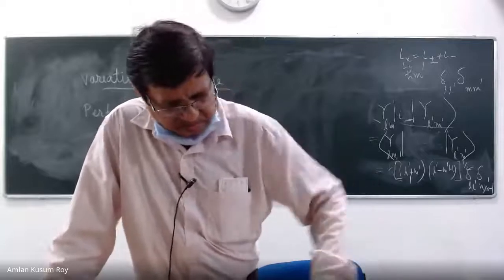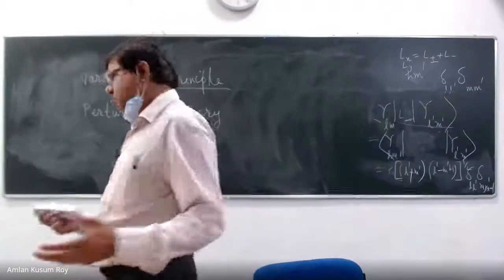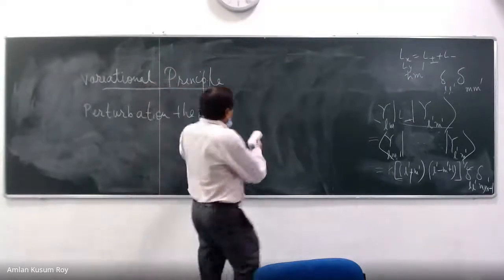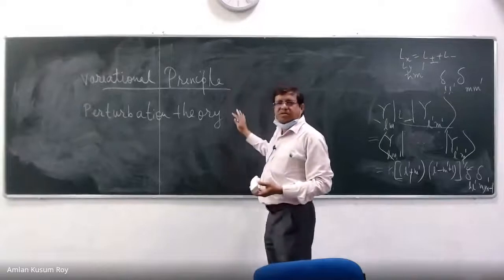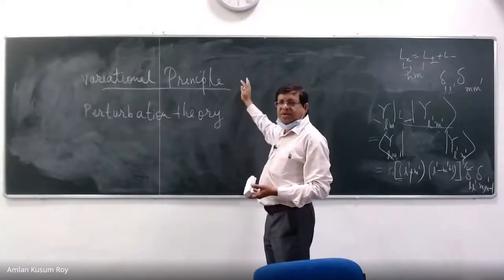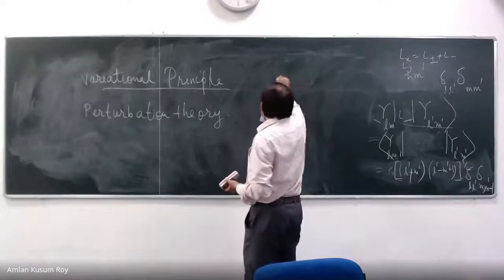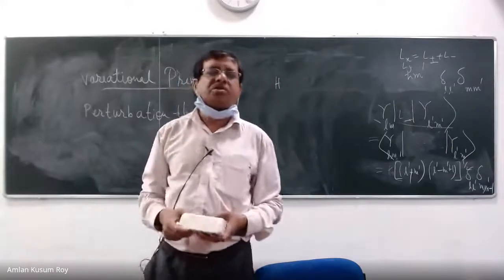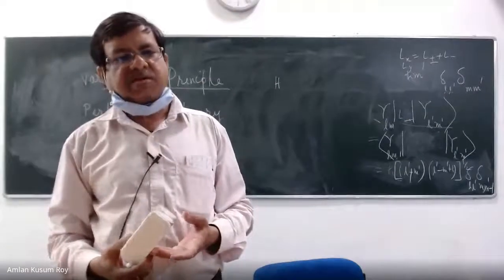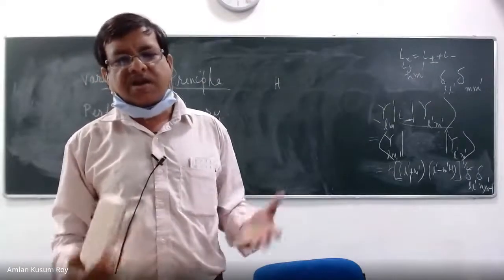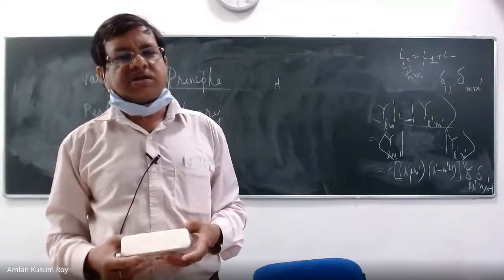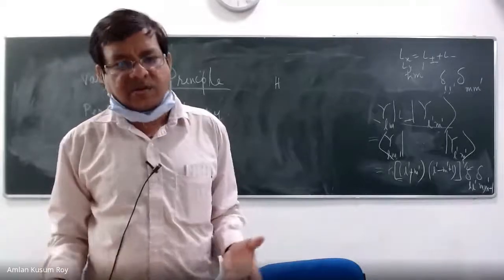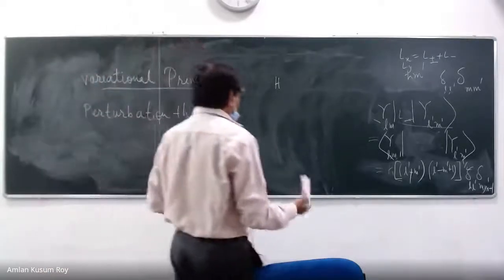What is the essence of the variational principle? We are going to prove it in the next class. First of all, these are approximation methods. Both of them are approximation methods, okay? So you realize that you have given up hope of finding the exact solution of an interacting many-electron system. That is the first thing you realize. Because even after 100 years, we are struggling to find the exact solution for a 2 electron atom. Forget about a 2 electron molecule like H2, right?